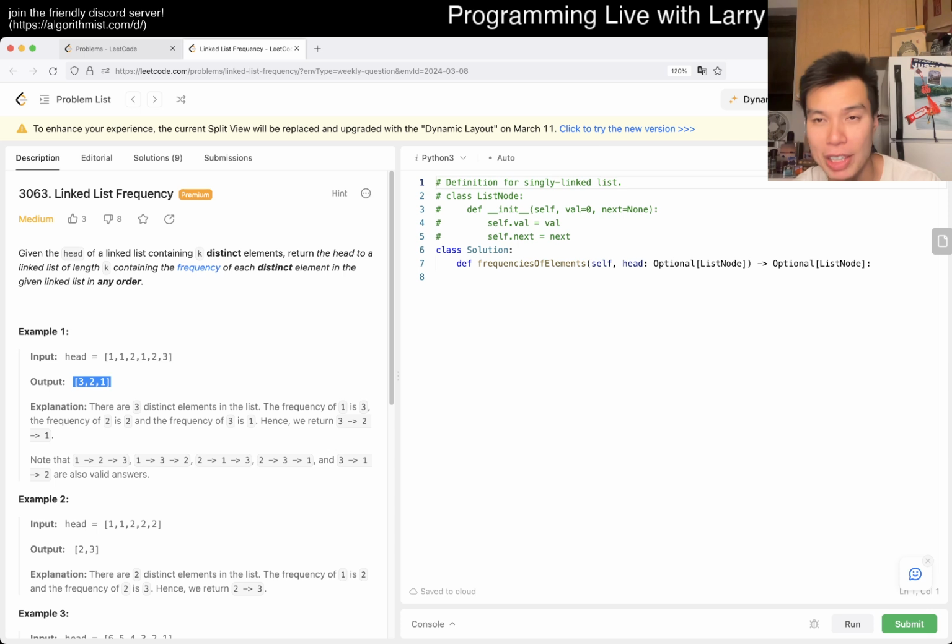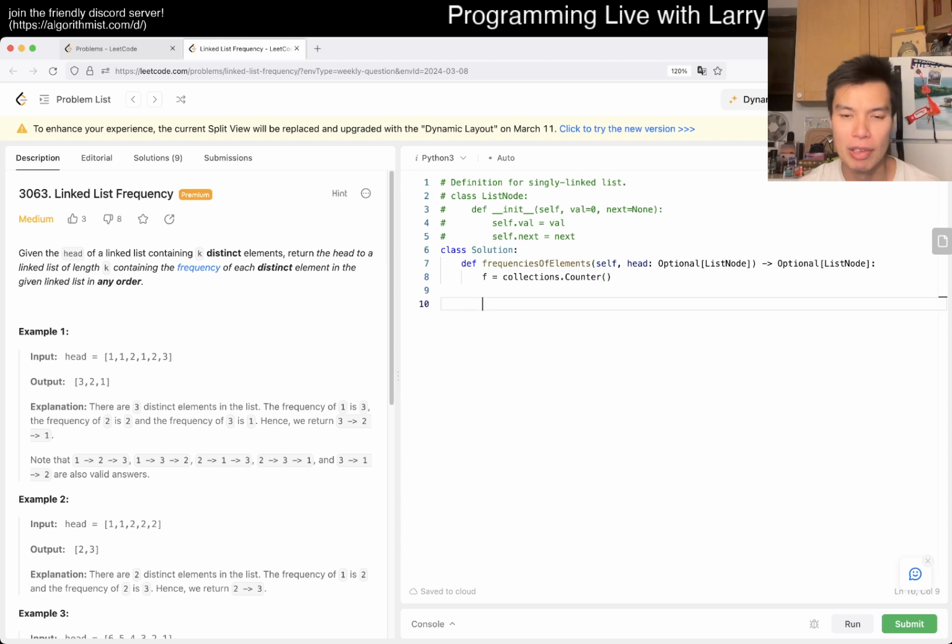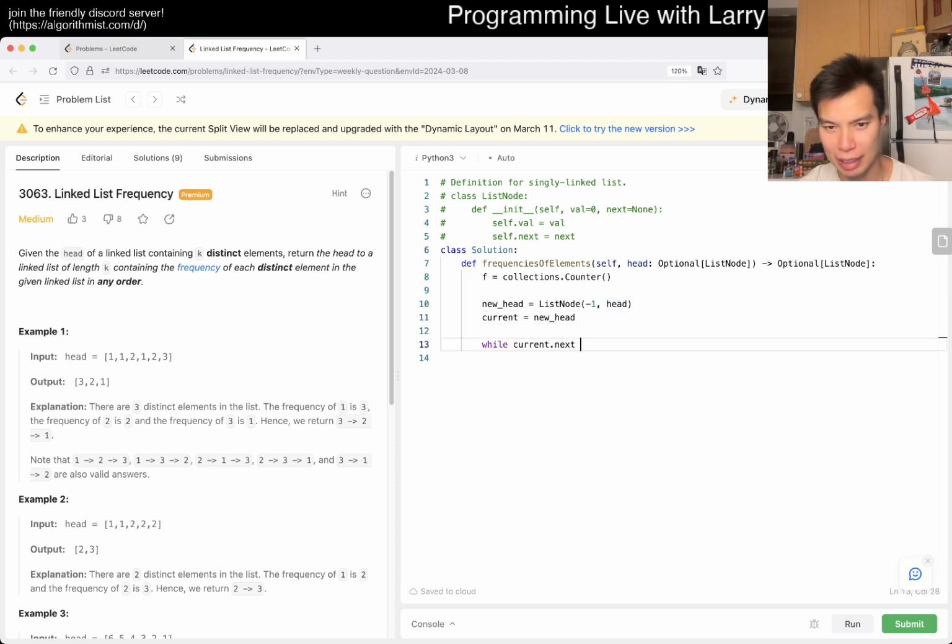but I'll do it in both directions, and you let me know in the comments which one you prefer, and we'll check it out. All right, so we'll use collections.Counter for the frequency table. Then current is equal to head, and let's do a new head just in case. I don't think we need it for this problem because we don't really manipulate any pointers, but it's a good habit to get used to,